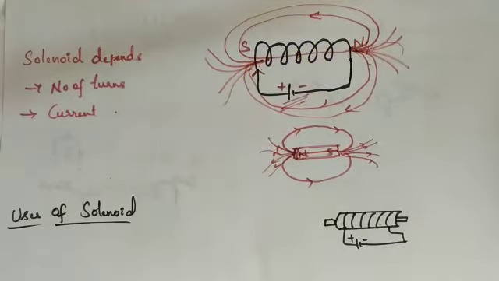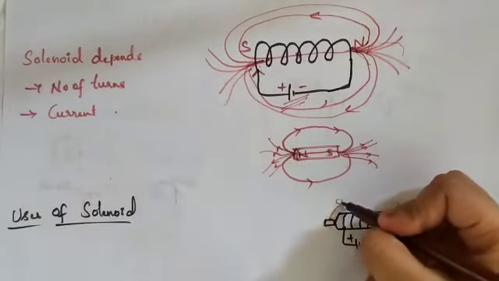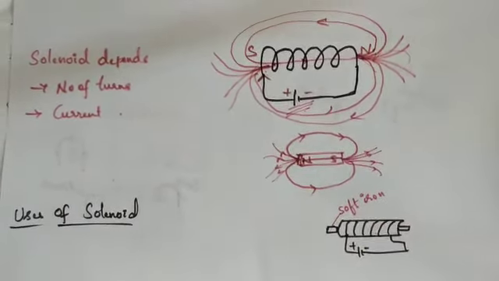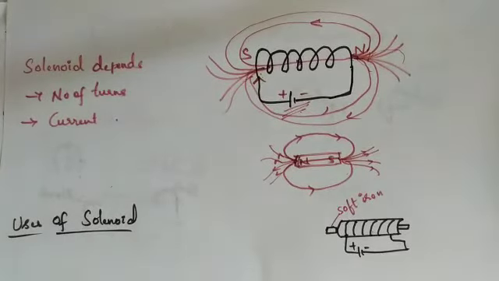Next, what are the uses of the solenoid? We have taken one soft iron, and we have wrapped copper wire around it so that it behaves like a solenoid. Here, when we wrap the soft iron with the solenoid, this soft iron acts like a magnet. Whenever there is a wrapping of the solenoid, that is copper wire, on the soft iron, then the soft iron actually acts like a magnet. So whenever there will be attraction or repulsive force acting on it.